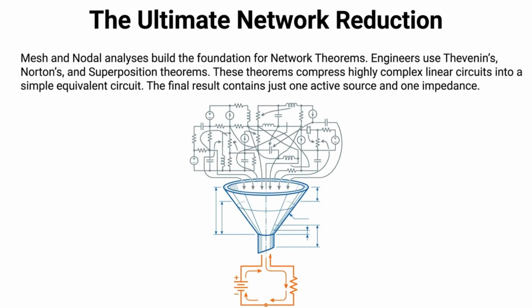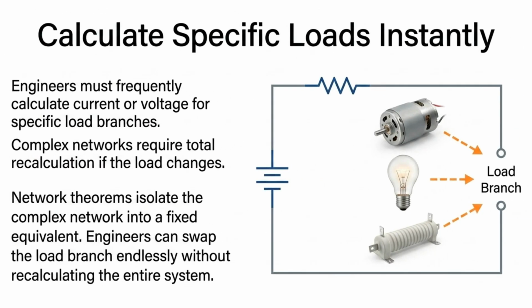Network theorems like Thevenin's, Norton's, and superposition enable the ultimate network reduction. They compress complex linear circuits into a simple equivalent circuit with just one active source and one impedance. Network theorems allow engineers to calculate specific loads instantly. By isolating the complex network into a fixed equivalent, the load branch can be swapped endlessly without recalculating the entire